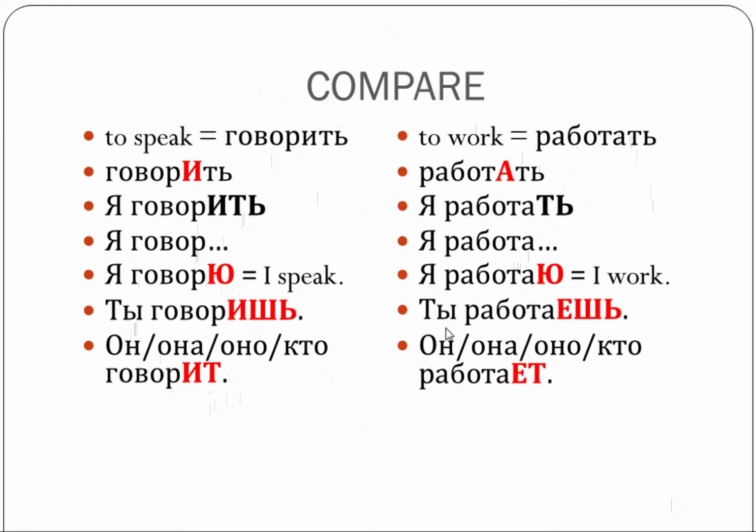But the ты form, even though it does look similar, the vowel is different. So for E verbs, they keep И for other forms, ишь, ит, and for all other verbs, the vowel is Е: ешь, ет. After that, I have ш and a soft sign, so please remember to use the soft sign every time. There are no exceptions here. For ты, always with soft sign. And then ет, it, here.